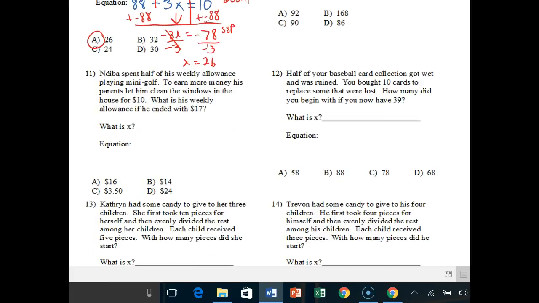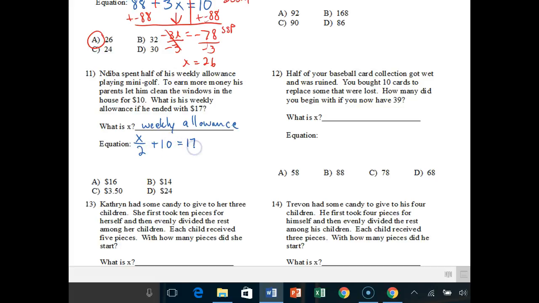Indiba spent half his weekend allowance playing mini golf. To earn more money, his parents let him clean the windows of the house for 10. What was his weekly allowance if he ended with 17? So X is the amount of his weekly allowance, right? And the equation is, okay, we start with your allowance. We're going to cut it in half because you spent it. And then we're going to say, okay, but you also washed the windows, so you earned 10 and you ended